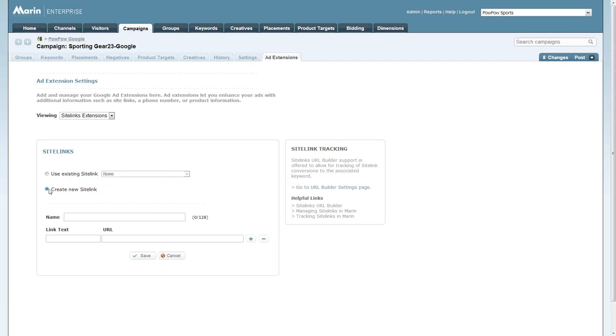If you're going to create new Sitelinks for this campaign, you'll be able to do so and also be able to save them for future use under the Use Existing Sitelinks drop-down. The names in that drop-down will be populated off of the name you have assigned to the new Sitelink. So this will be Marin internal referencing for the name and will populate under the drop-down when selecting Use Existing